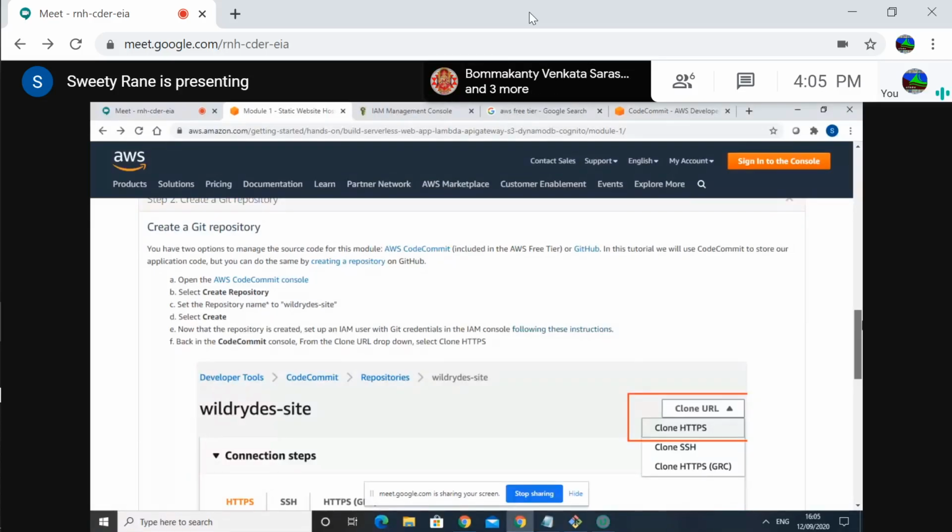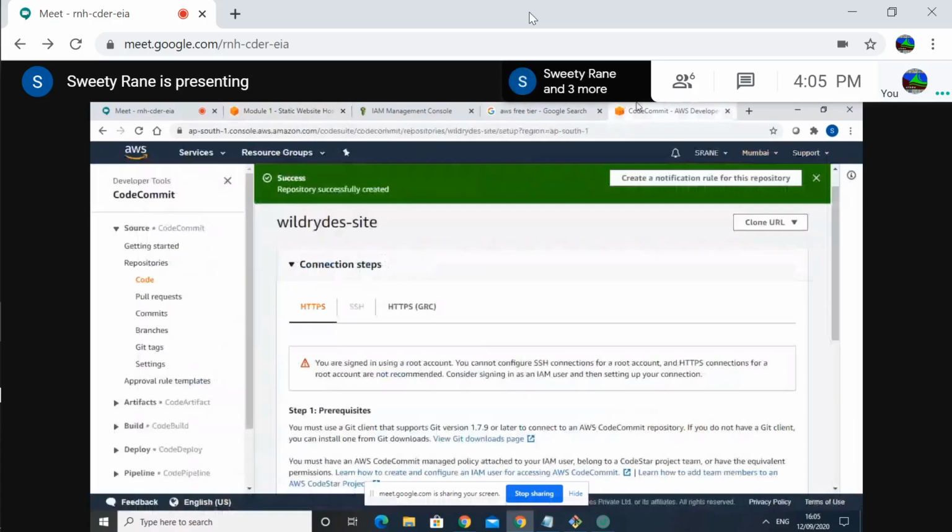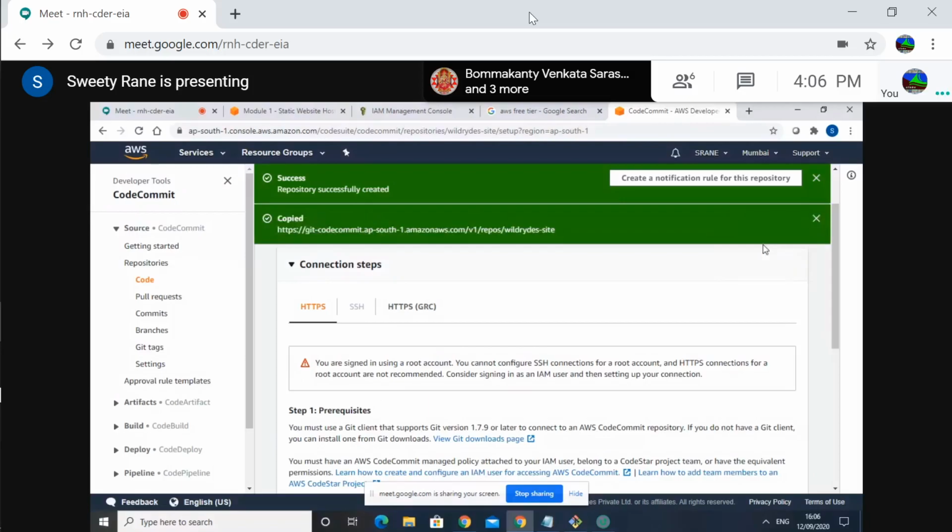Back in the CodeCommit console, from the clone URL drop-down, select clone HTTPS. Yeah, click clone HTTPS, and now that link is there, right?